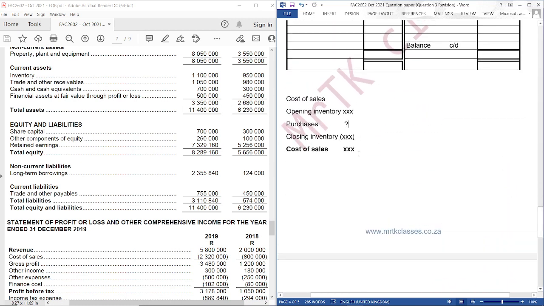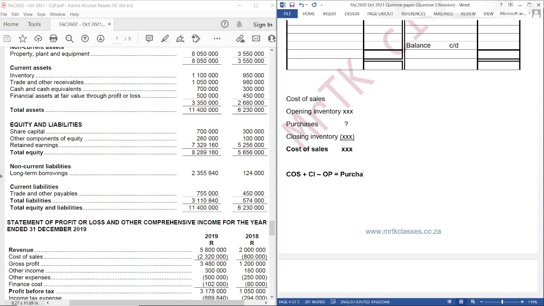It means we are doing it by way of bottom up. We are starting from the bottom going up. So since we are changing the direction, it means the signs will have to change. So cost of sales plus closing inventory, we are adding this because we changed the direction. Subtract opening inventory